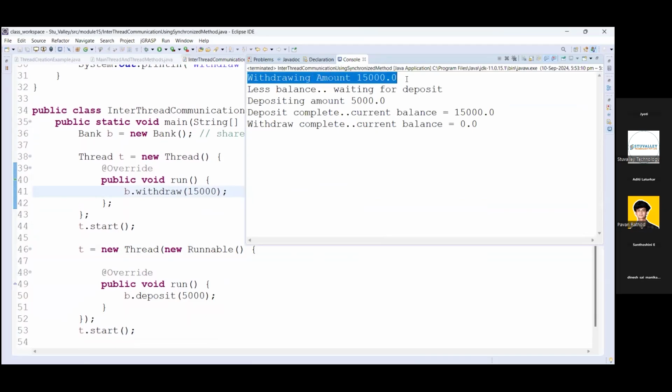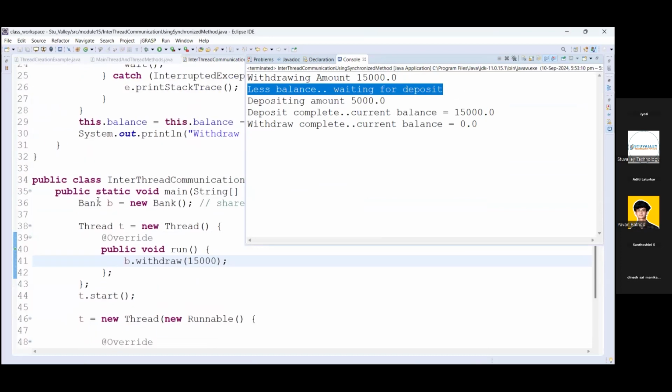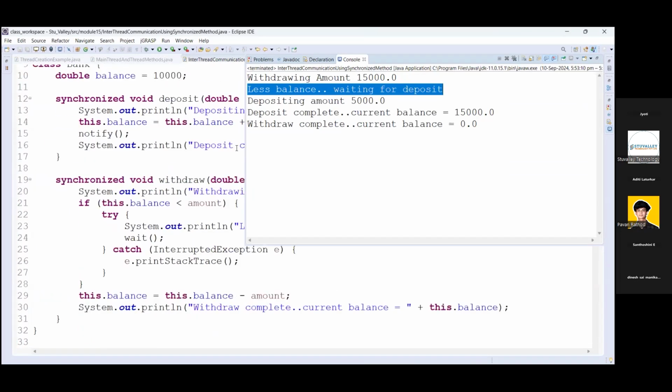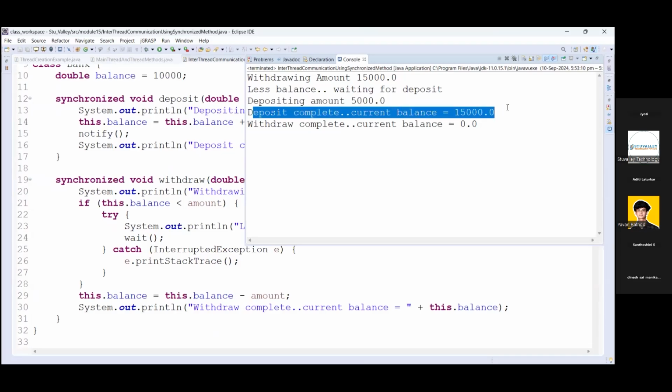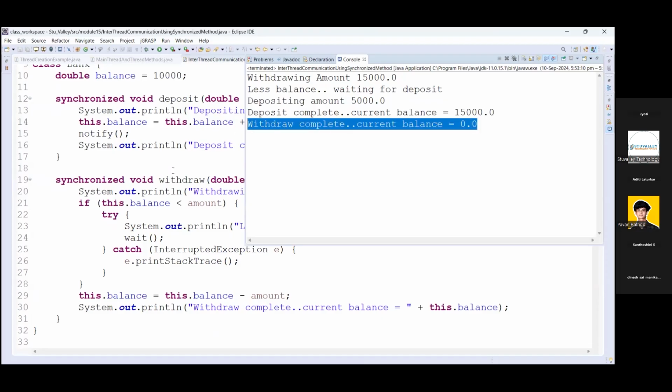Withdrawing amount 15,000, we are getting the output as less balance, waiting for deposit. So it is in the waiting state. We are depositing. First the deposit is completed. Deposit complete. Balance after this is 15,000, and then the withdrawal will complete its execution with the current balance at 0. Okay.